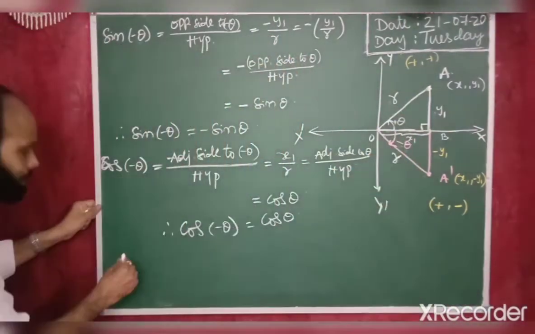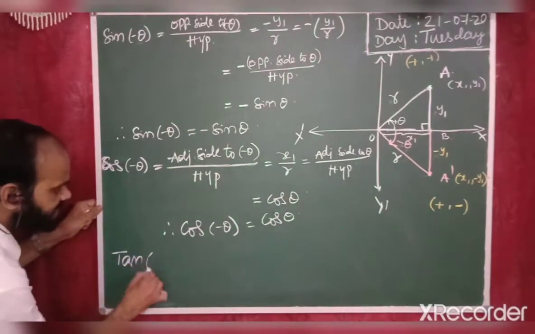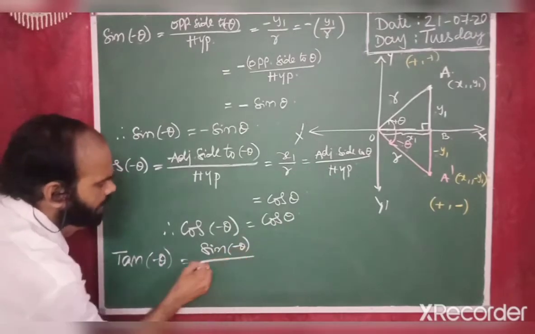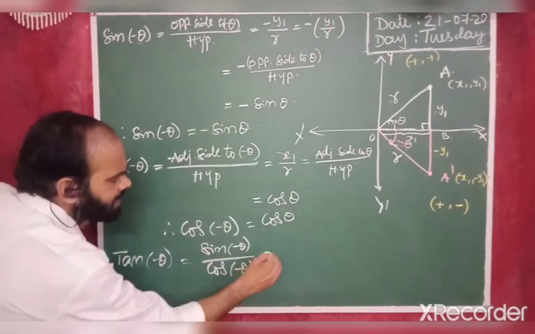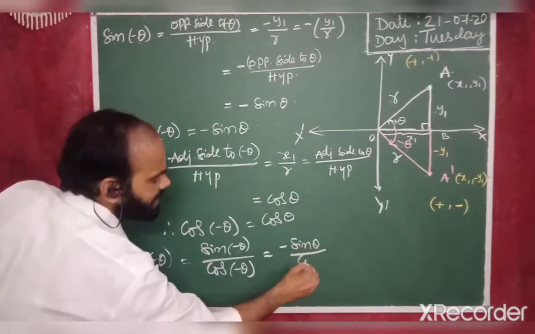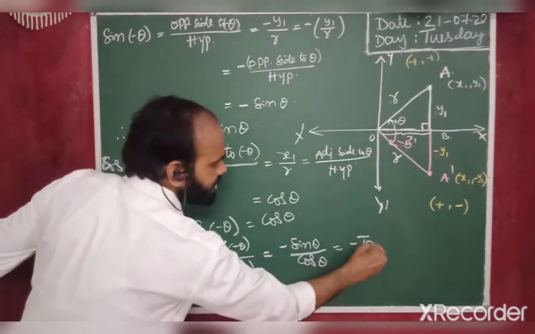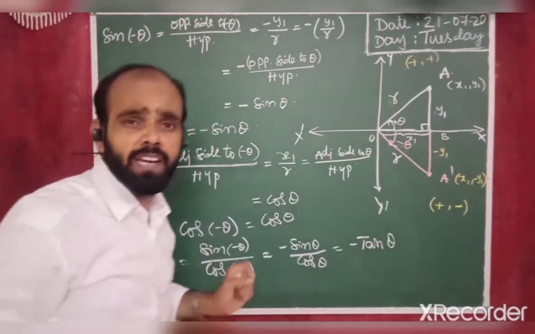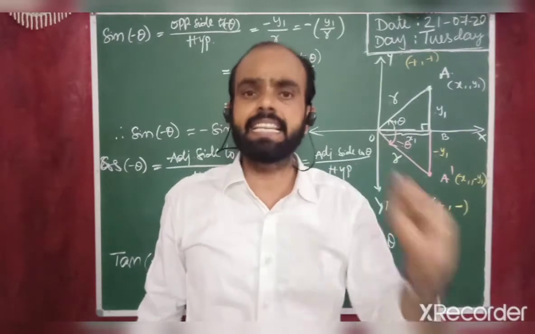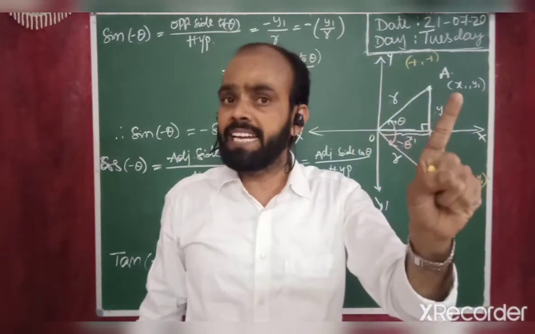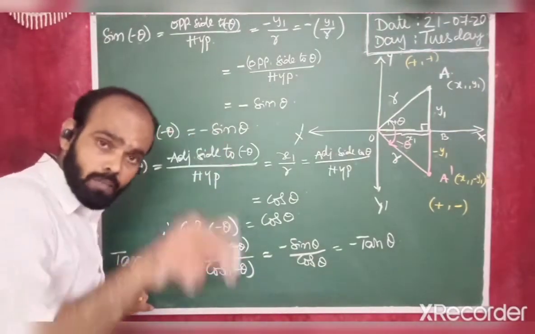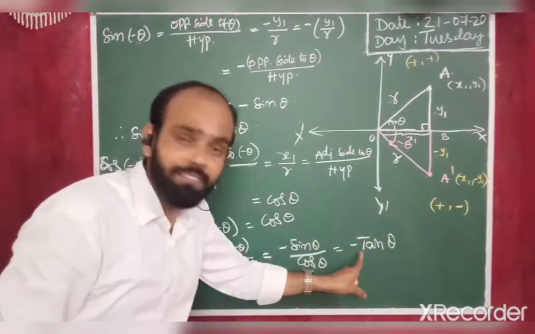Alright. Now from this we can say tan of minus theta is equal to, very simple, sin of minus theta by cos of minus theta, and we already proved that sin of minus theta is minus sin theta, by cos theta, and this is minus tan theta. You see, what is the actual ratio we have for tan theta? Tan theta is the opposite side to theta by the adjacent side to theta. We know that there is a change in the opposite side because of this negative clockwise rotation, negative angle. That's the reason why we got the minus.